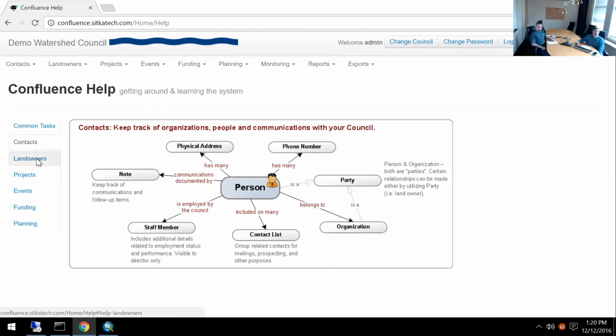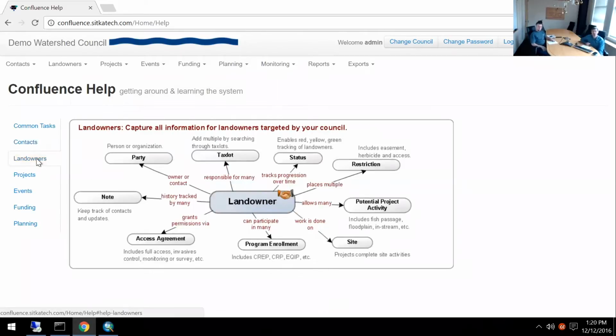And so this is a diagram which shows you the different things that you can add to that person. Likewise, we have a similar model for landowners. Landowners are pretty much one of the main outreach records that are maintained in the system. And when you go talk to a new landowner or you track discussions with a landowner and try to get permission to do work on their land,